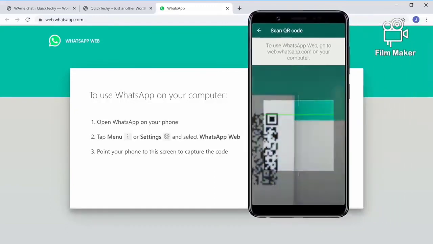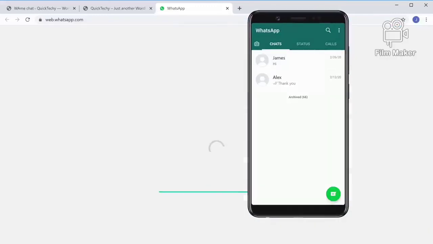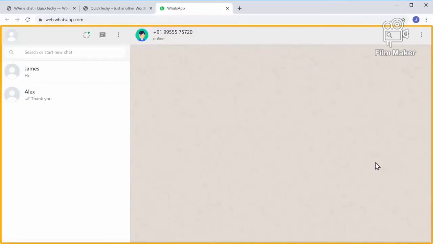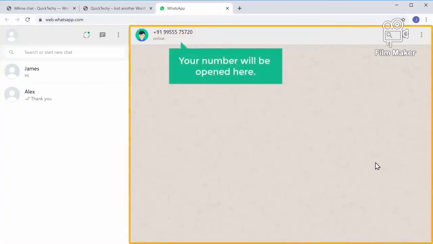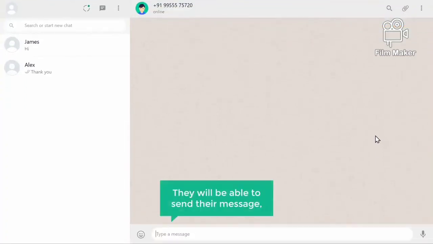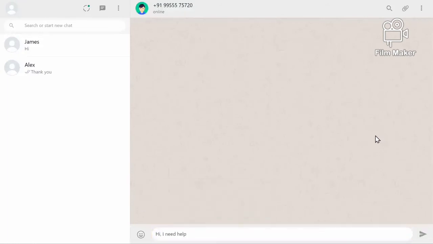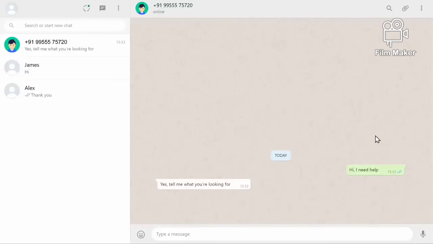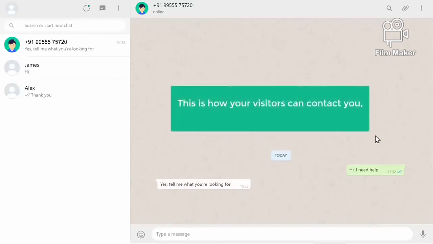Now, if they scan this code, they will be logged in and your number will be opened here. And now they will be able to send their message from here. So this is how your visitors can contact you from their computer.